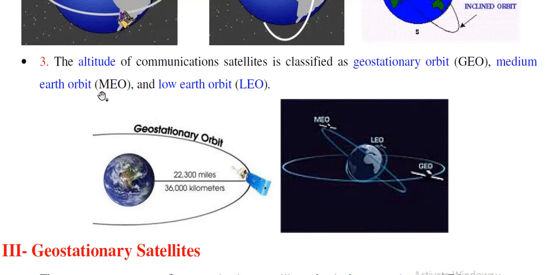The MEO is the second, and the farthest are the GEO, which are the geostationary orbits. And based on those three classifications, we have three types of satellites: the GEO satellites, the MEO satellites, and